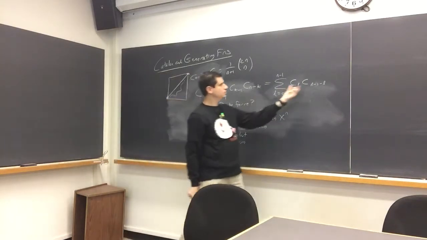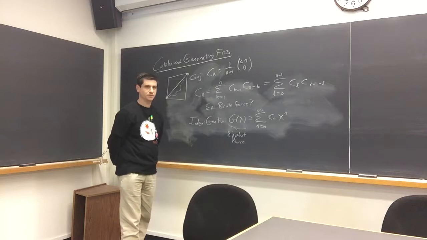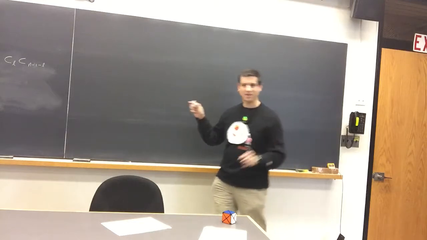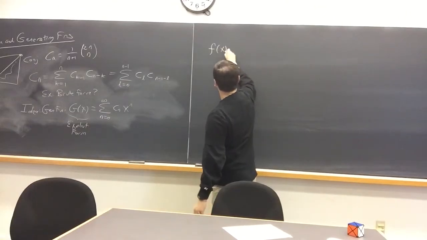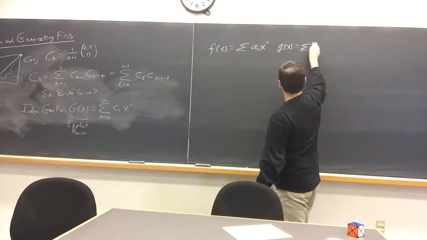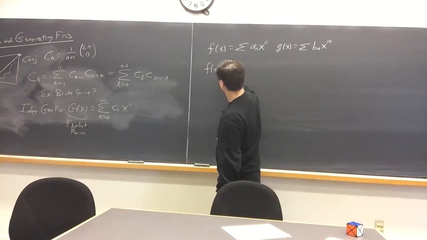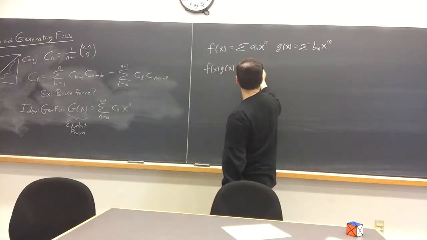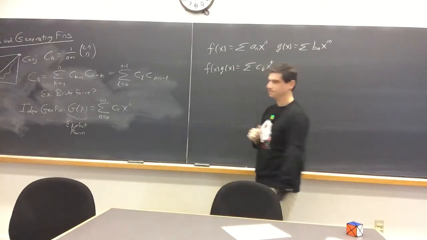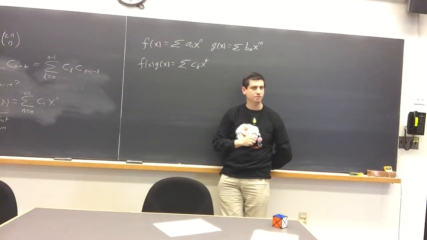So what this is looking like is this is a multiplication of things. So let's imagine I have two different functions. And again, we're not going to worry about convergence or anything like that. Let's say I have f of x is the sum of a_n x to the n, and g of x is the sum of b_m x to the m. I could look at f of x times g of x. And that's going to be a sum of, well, let's do c_k, x to the k. How would I figure out what the c_k's are?